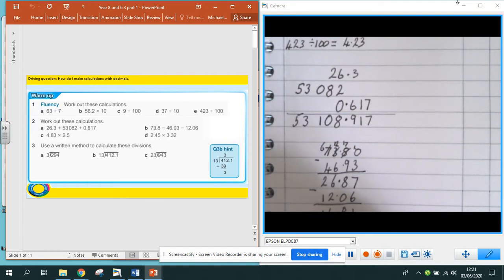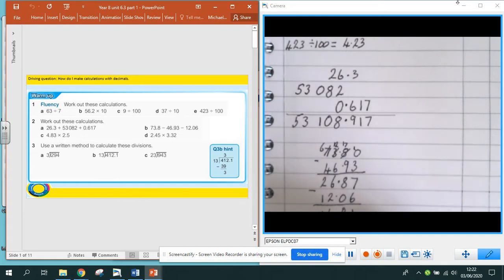4.83 times 2.5. So we've done quite a few of these now. I'm going to write them down as if there weren't any decimal points in them, because we know what we've got to do with the decimal points at the end. So the first thing I'm going to do is multiply 483 by 5, which will give me